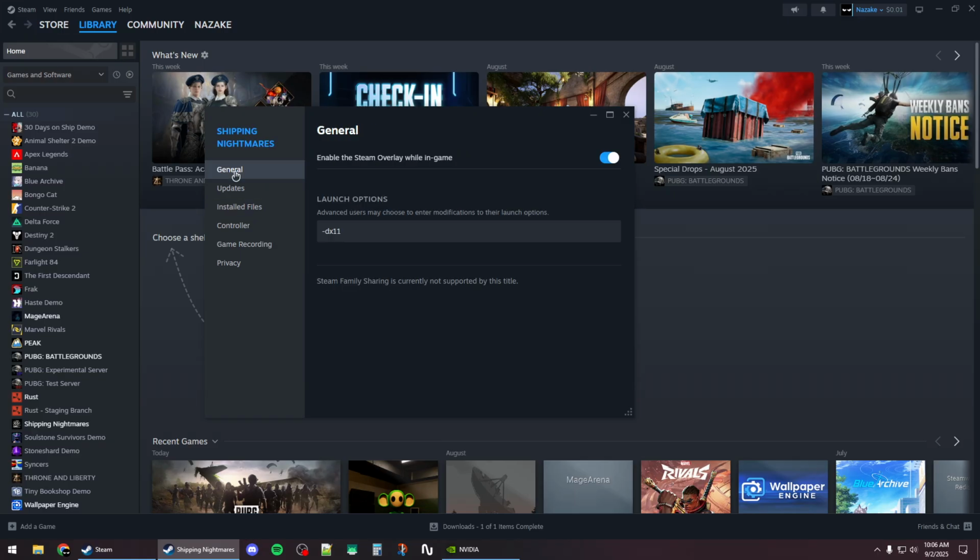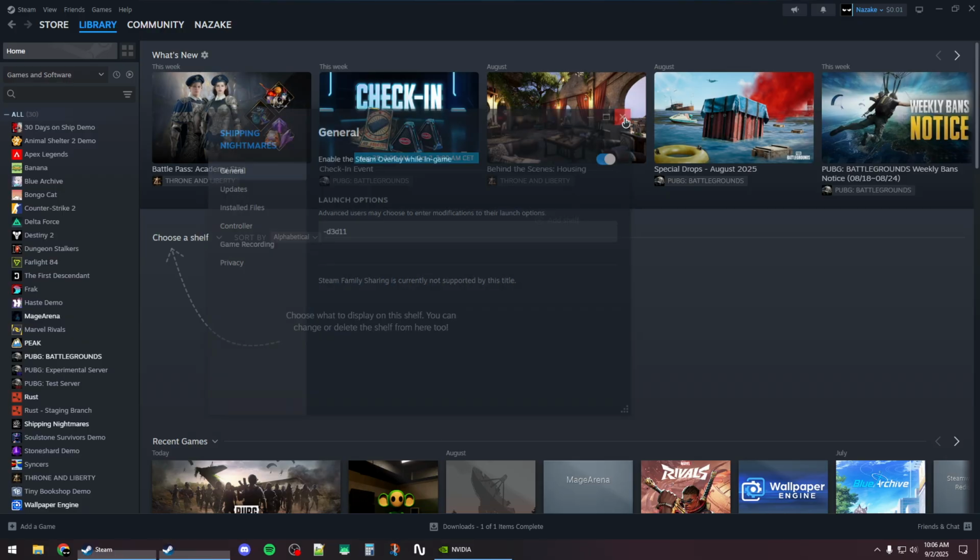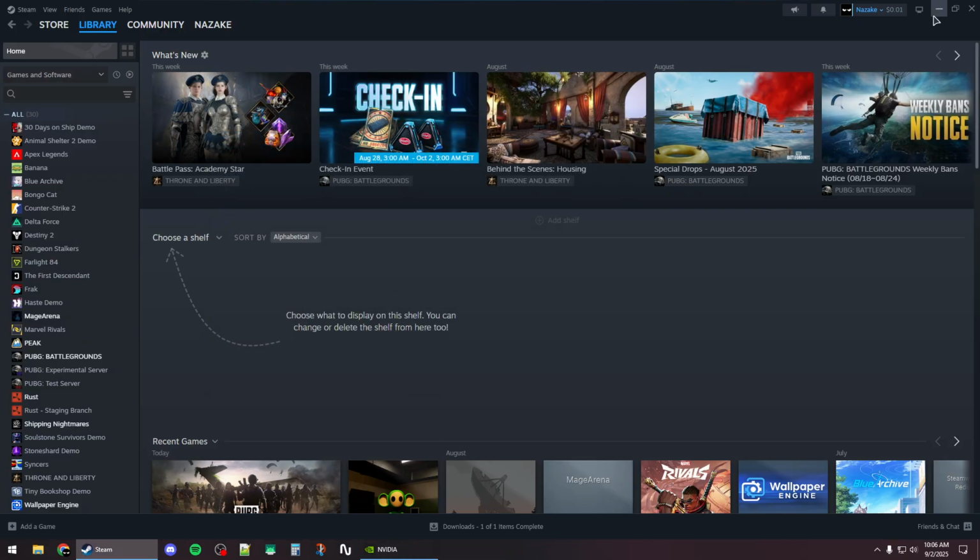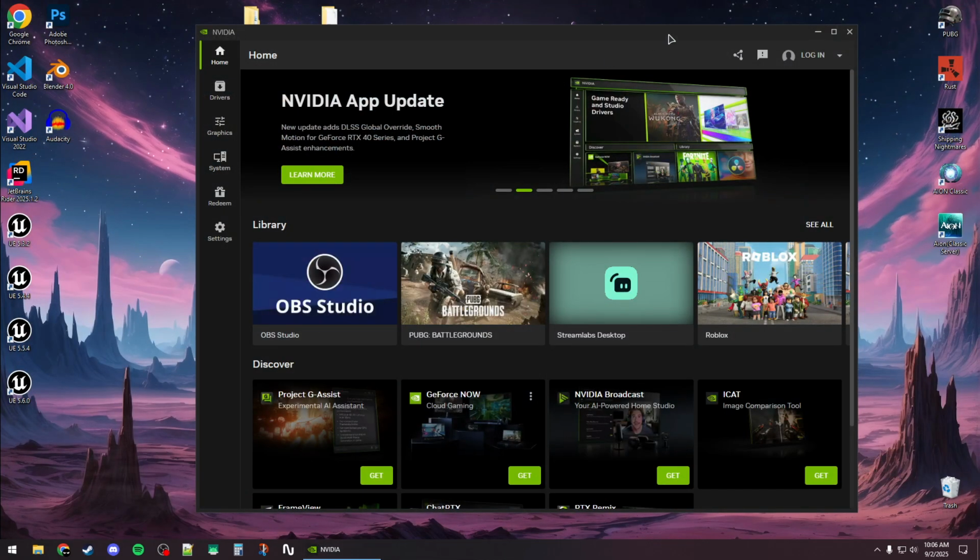And once it's done, you want to go to the general tab and then under launch options you want to specify -DX11, or if this does not work, try -D3D11 like this. Now you can close out of this window, and the next step is to close Steam and